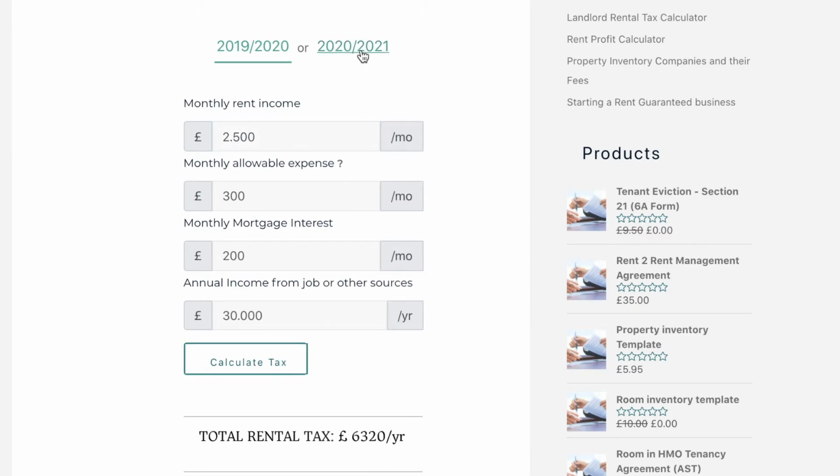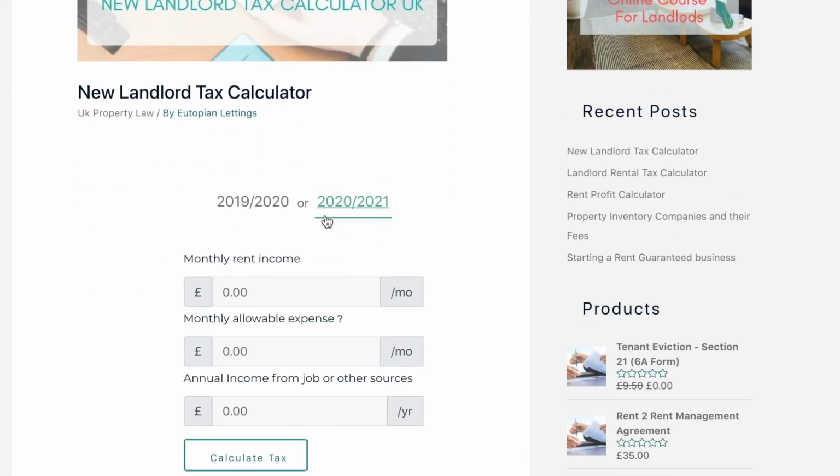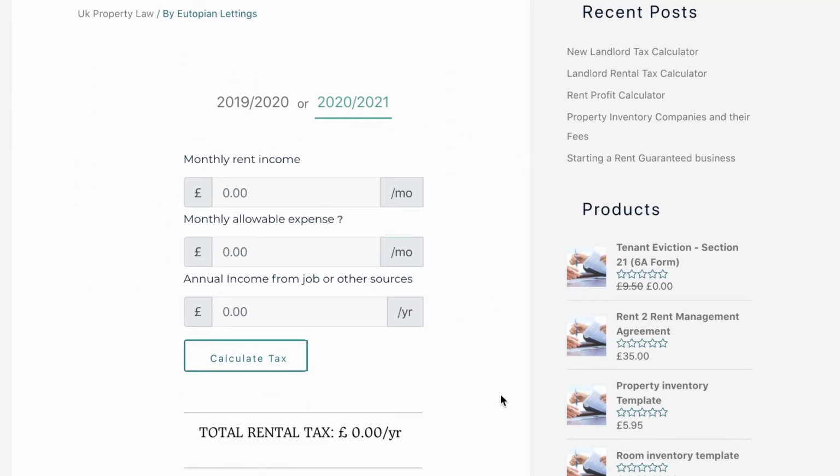And in this part of the calculator, you don't even have the monthly mortgage interest anymore because it's not deductible anymore. So you just have the three things that actually matter. So you have, let's just say, 2,500 here. Then you have 300 here and another 200 here. No, this would be £30,000, and here